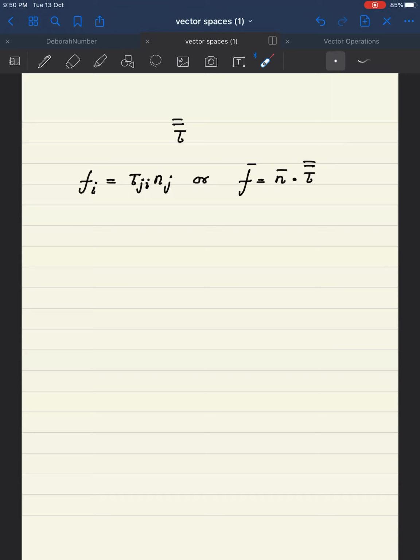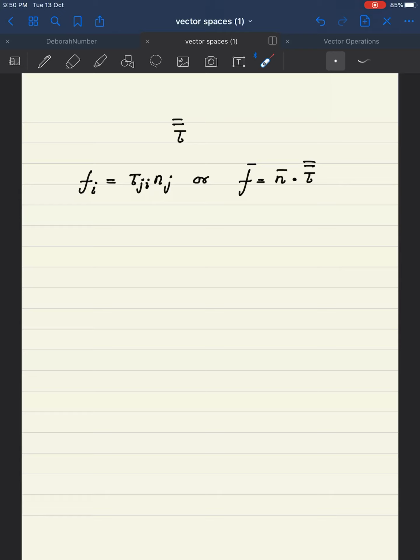One more important thing here, and this we will not cover right now, is that there are different books which use these two indices differently. It varies from person to person what tau ij exactly represents, and hence there are sometimes differences in notation between different books. So it's just important to keep this in mind. Anyway, we are not discussing stresses and how to figure out forces right now, so we'll not bother with it so much. But that's just something to keep in mind.